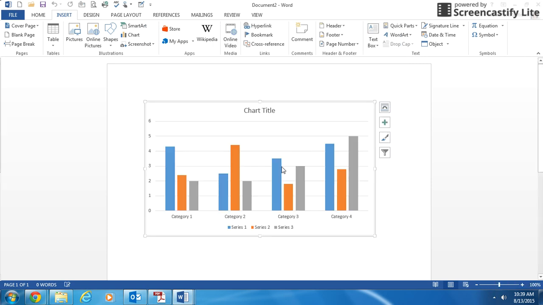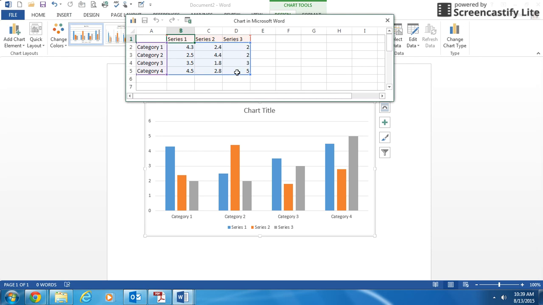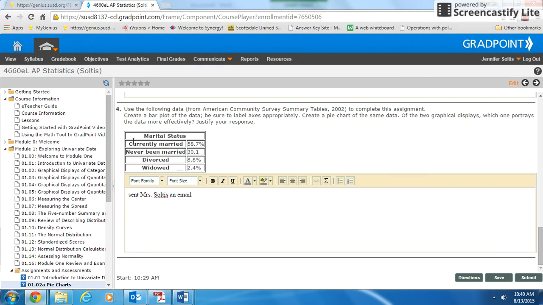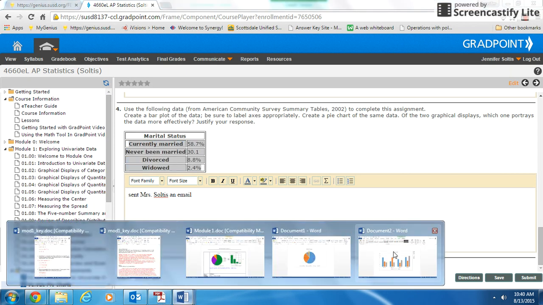So all these numbers will pop up. So what we have to do is tell the system what numbers we want to put in. So if you go back to your assignment, what you can do is just copy and paste these right here. I think this is a mistake right here too. It should be 30.1%. So then go back into Word,